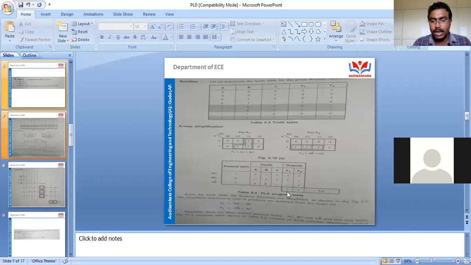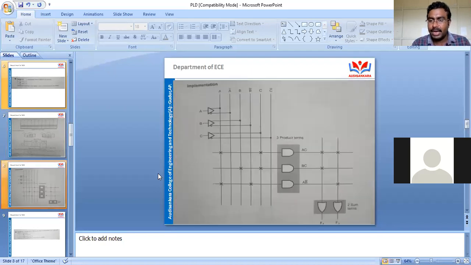In some other examples, we'll see where we need to have complemented C values in here. Okay, with other examples, then let us go for the design part, students. I told you in PLA, you will have input buffers. First of all, these are the input buffers. When you're going for combinational logic design, students, when you're designing an adder circuit, any other half adder, full adder, half subtractor, full subtractor, or any other combinational circuit, you can't see input buffers in there. You will have A bar, B bar, C bar, something like that, but you can't see these input buffers. But when you're designing PLA or PAL, mentioning these input buffers is also very important. Unless otherwise, this will be entirely wrong.